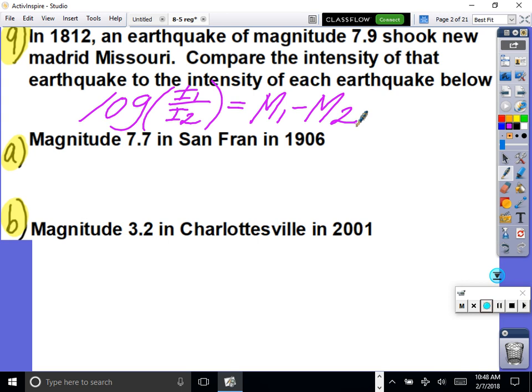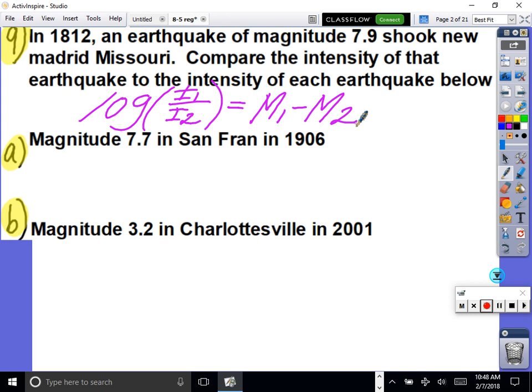So there are times, guys, when an earthquake happens and we don't even feel it. I've heard people say, "Oh, there was an earthquake last night," and I'm like, "Well, I didn't feel anything," and it's because it was so small. But we know there was an earthquake because it showed up on the Richter scale. Kind of interesting. So we're going to be comparing how intense one earthquake is compared to another,